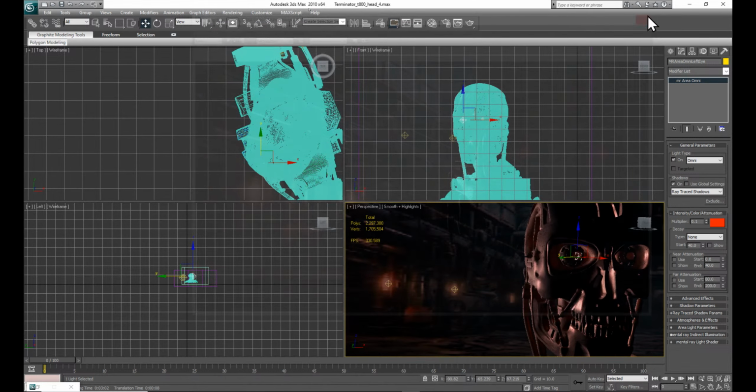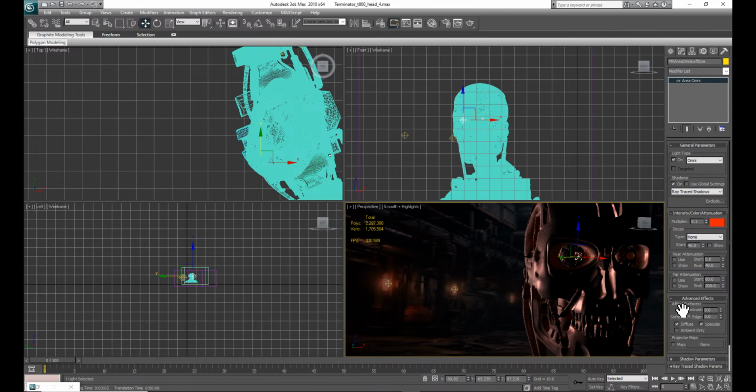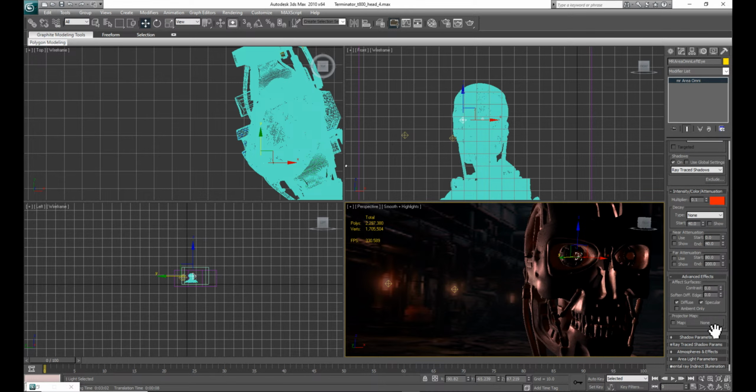So we created the light, that's fine, but it's not done yet. So this is how you do it, guys. Let me show it to you. There is going to be an advanced effect under this light. See that? You're gonna click on this tab, and actually it's not that. It's not the advanced effect. Atmosphere and effects, not the advanced effect, but atmosphere